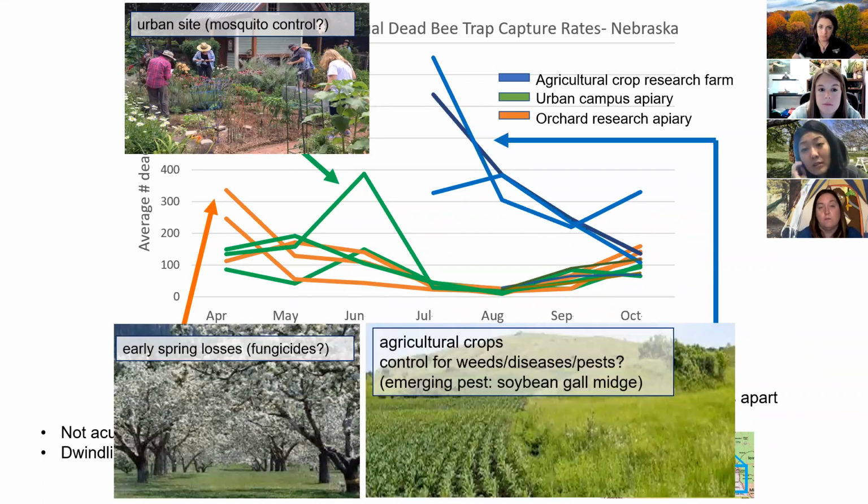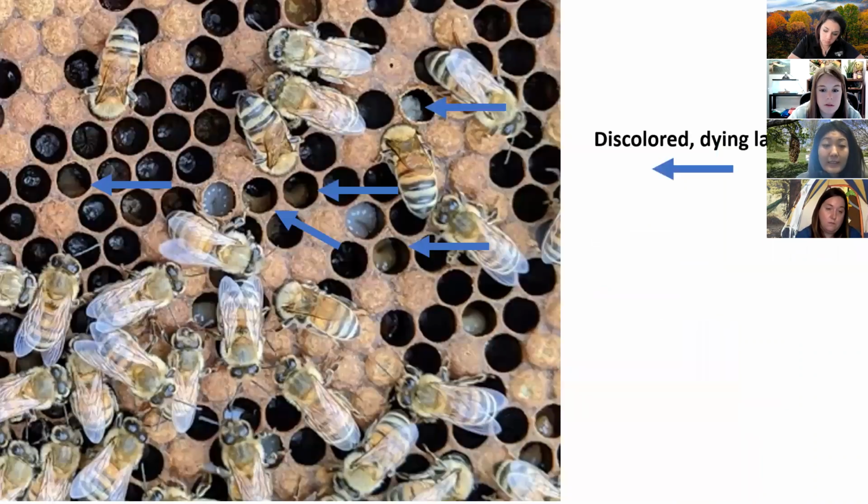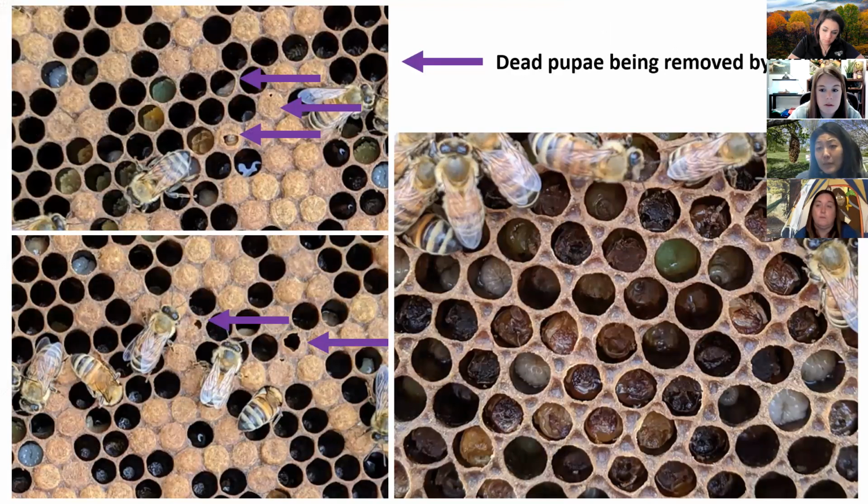The agricultural setting at NREC, this is where we were having massive die-offs. The die-offs were occurring pretty chronically and throughout the season. And this was going to show in various symptoms. This is prolonged potential exposure where these bees are starting to just decline. You're seeing lots of dead bees, partially